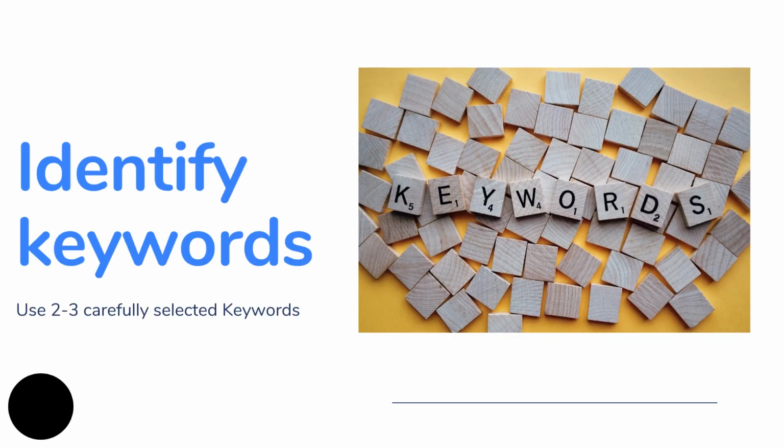Then number two, you need to identify keywords. Now, just like we've discussed that keywords are important in the title and the tags, you also need keywords in the description section. So you should aim at between 2 to 3 keywords that are carefully selected. I will give an example. You've created a gig about